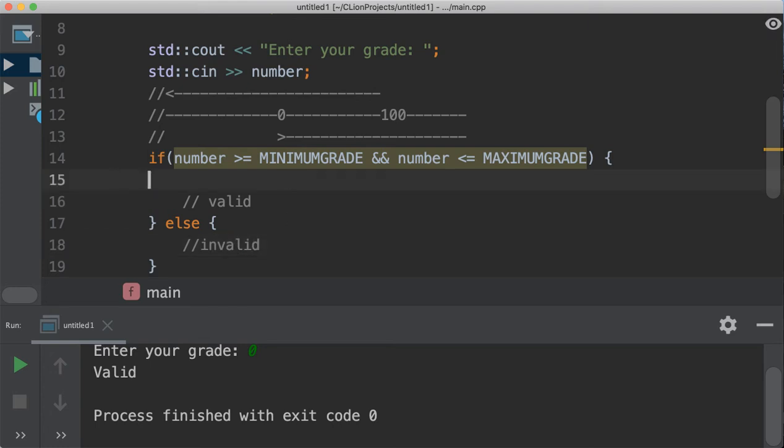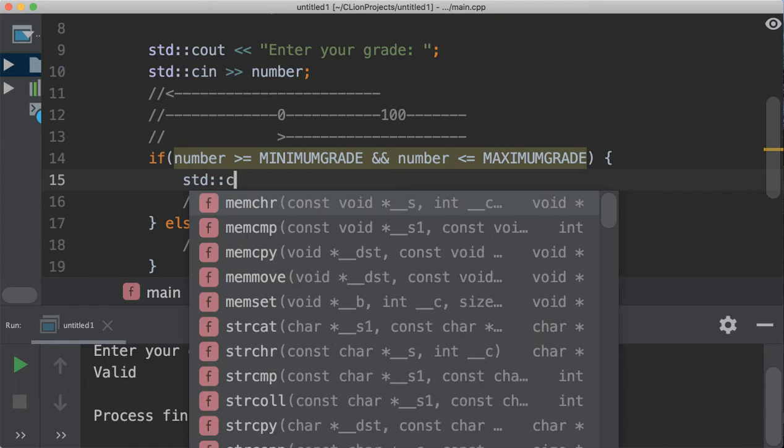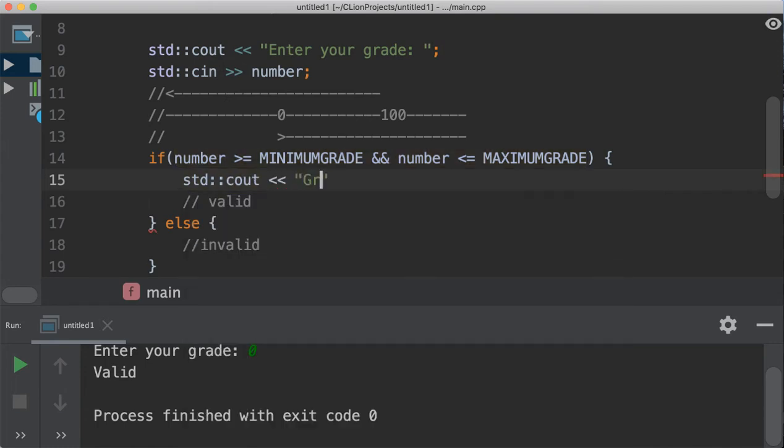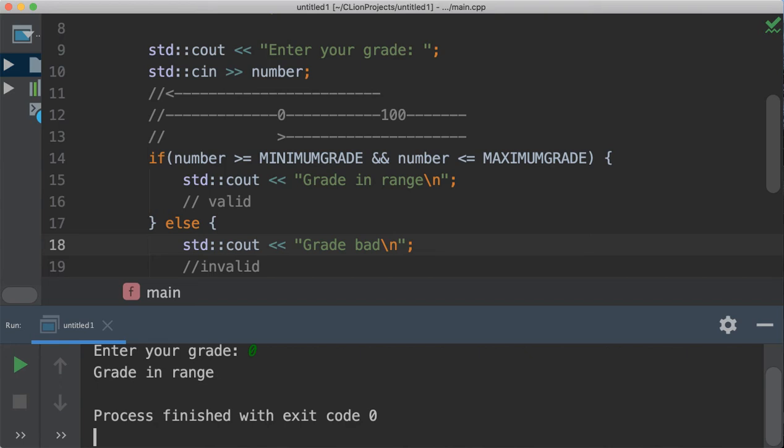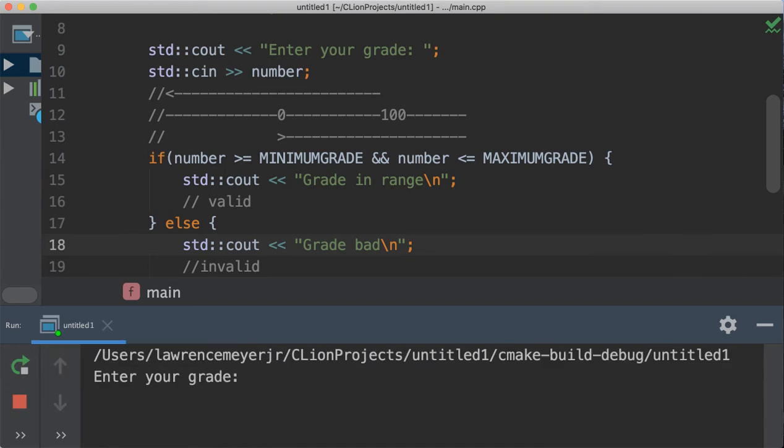So we would come down here and say, congratulations, grade in range. Doesn't say anything about your grade. We run. And then come down here. Grade bad, just to be silly. So there we have a test for our stuff. So we test it. And our grade at 0 is an in-range grade. Our grade at 100